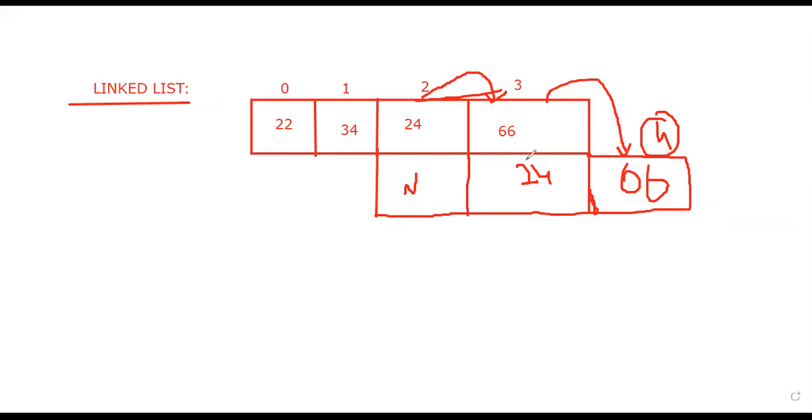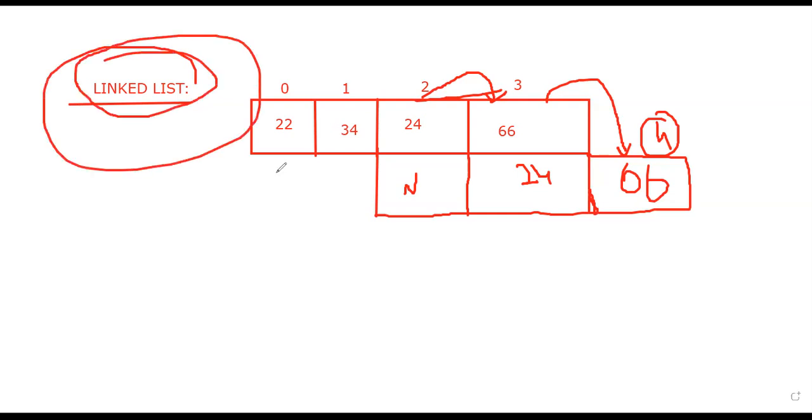Because the size of the array is static, we can't change the size of the array after the declaration. We can perform deletion or insertion operations, but it is very difficult. All these drawbacks are solved in the linked list. By using a linked list, we can easily rectify all these problems. So what is a linked list actually? I'll show you. Just wait.